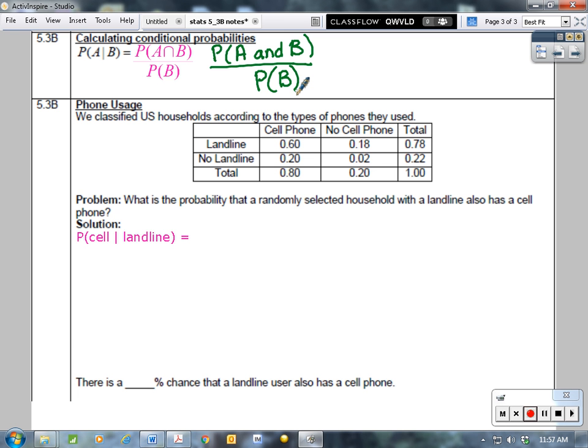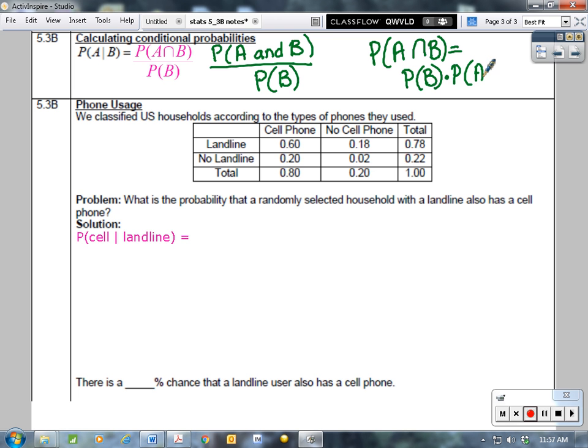I can times by probability of B on both sides, and I get another formula that we have, that the probability of A and B is really the probability of B times the probability